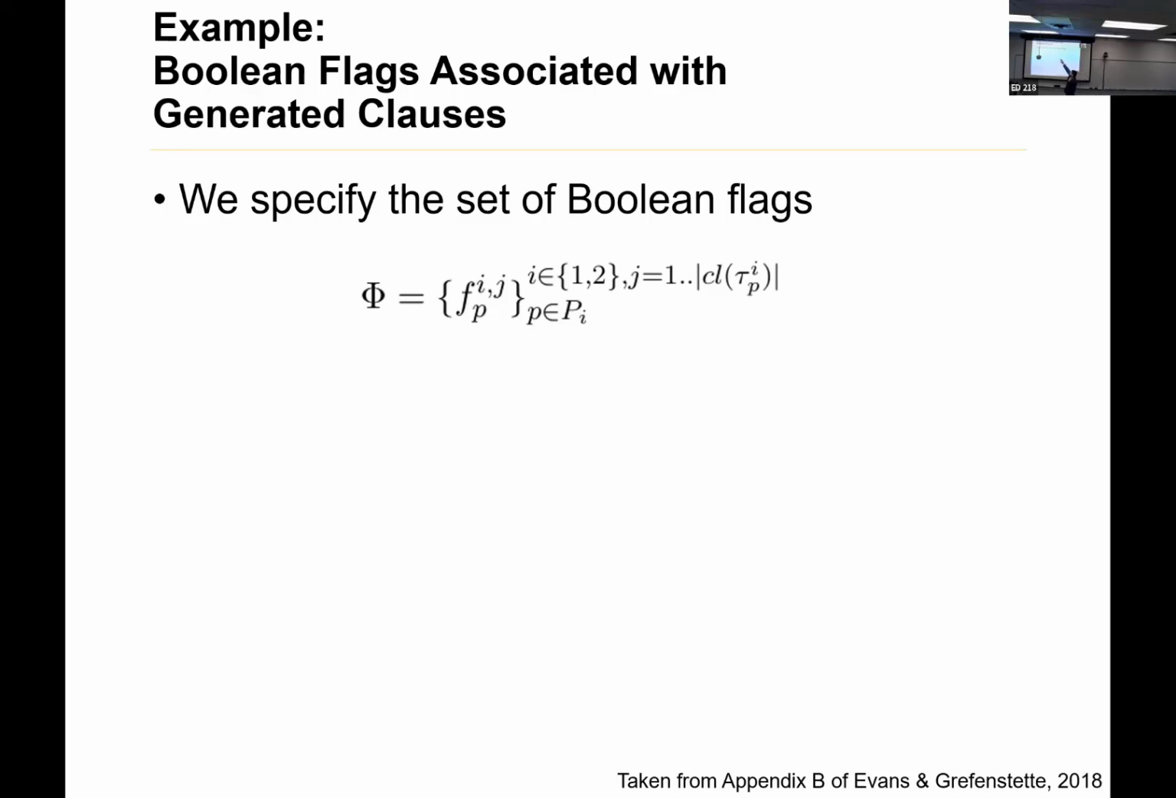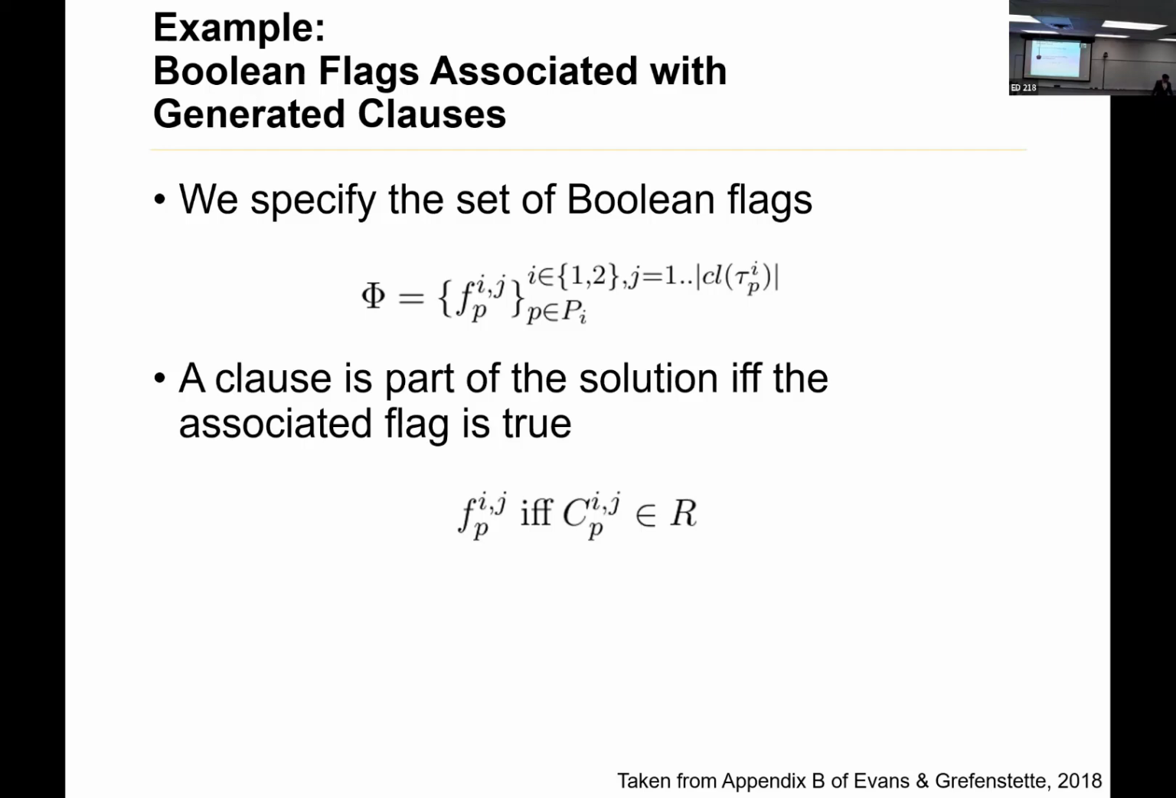So the I index is for your template number. The J index is for the clause within that template. And the P is your intentional predicate. In this case, we just got the 1. So this statement here, all this is saying is that Fijp is true if and only if the clause is in the